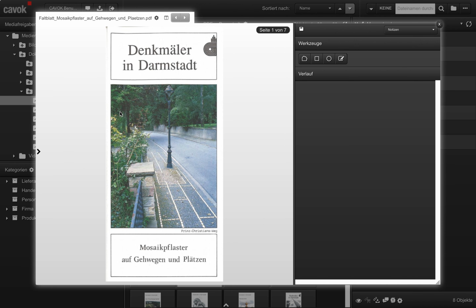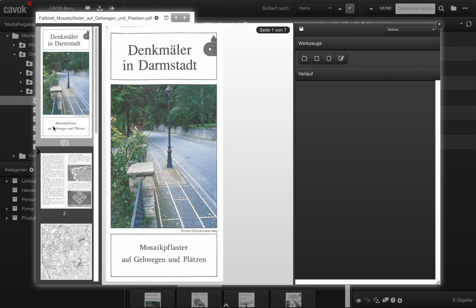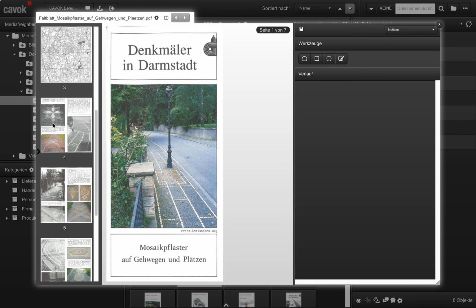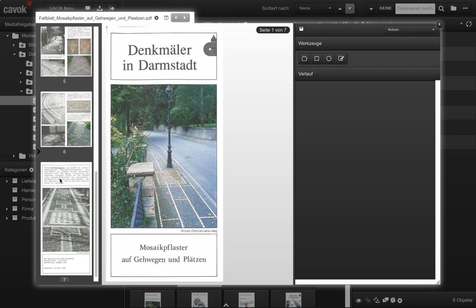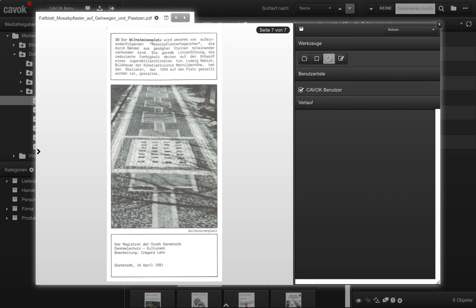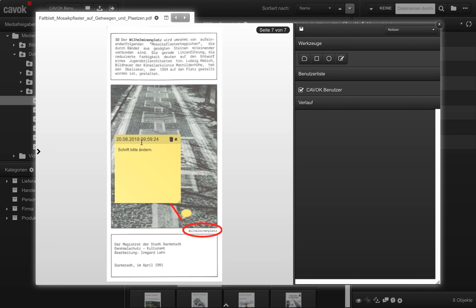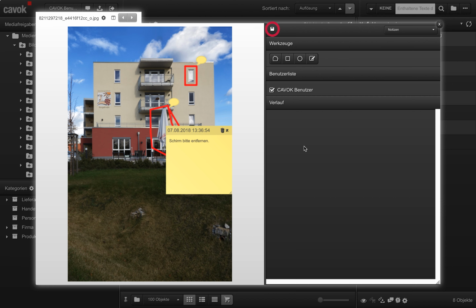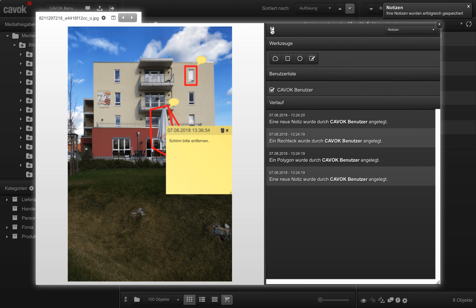If it is an image or document with several layers or pages, you can also scroll on the left as usual, and then add notes on several layers or pages. If you click on the floppy disk icon and save your changes, your notes will be recorded in the image